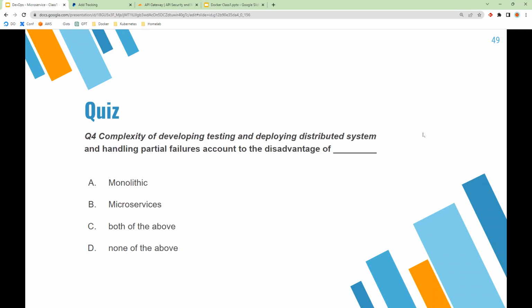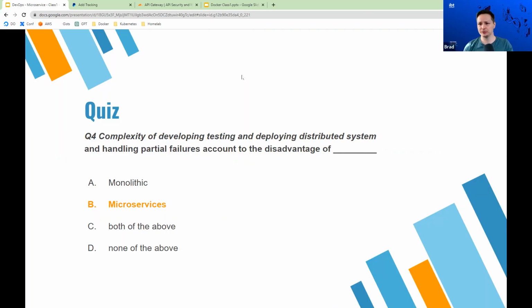So distributed sort of means like microservice, right? So microservices. It was sort of a trick question. But anytime you see distributed, think microservices, right? Because microservices are small and they're distributed across many, many different servers and components.